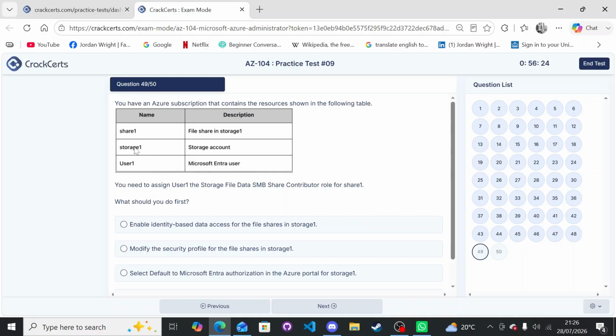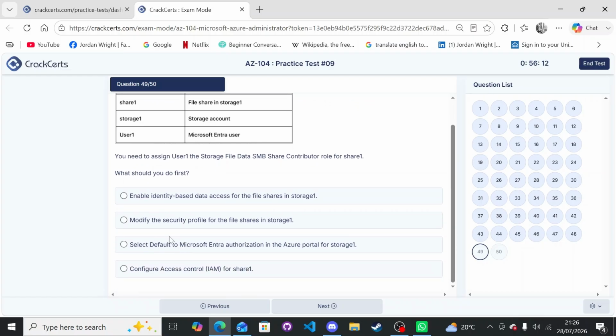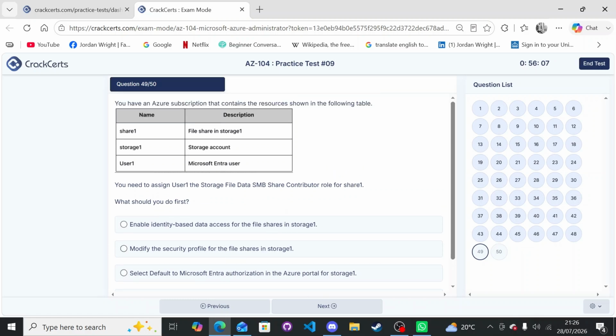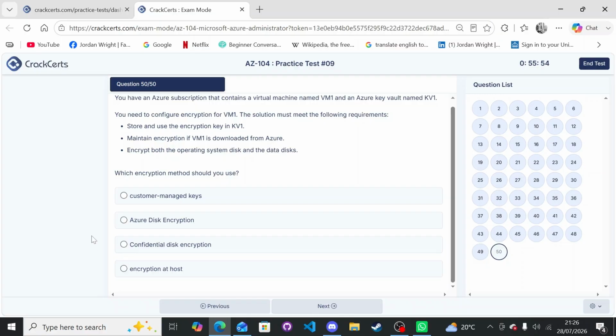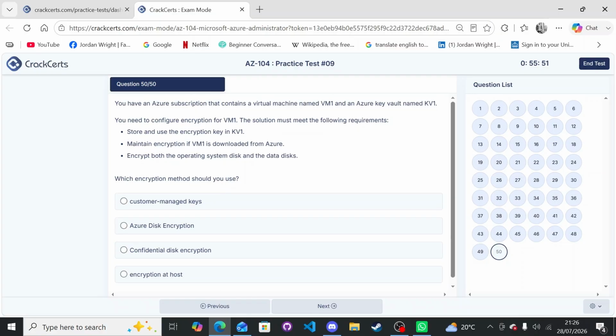Okay, so share 1, storage 1, user 1. You need to assign user 1 the storage file data SMB share contributor role. For share 1, what should you do first? Okay, you need to share the contributor role. So what's access control for share 1? Has to be. Okay,